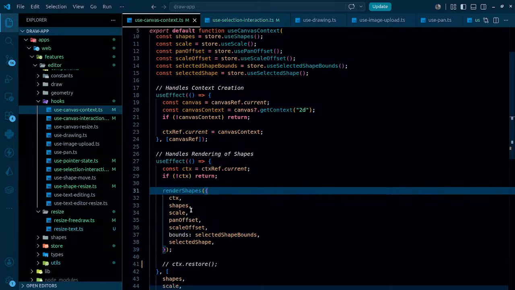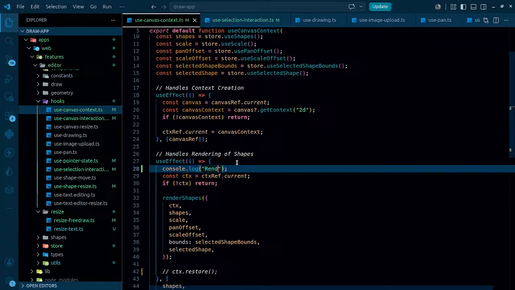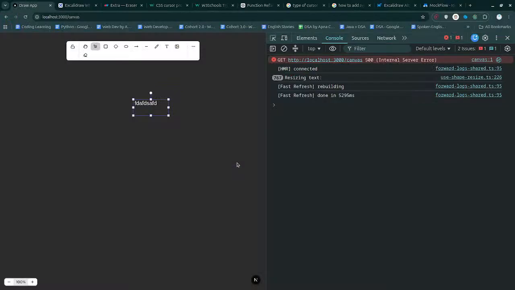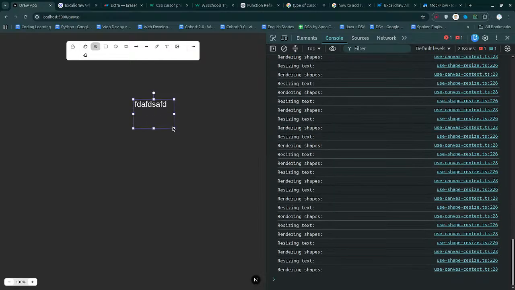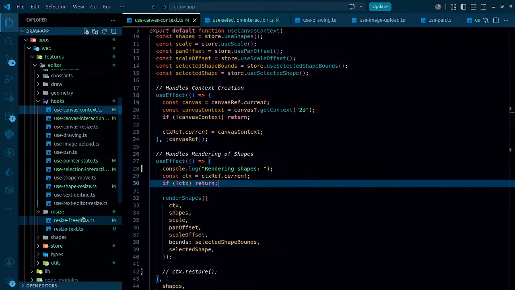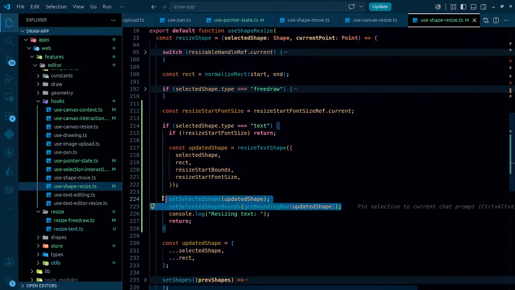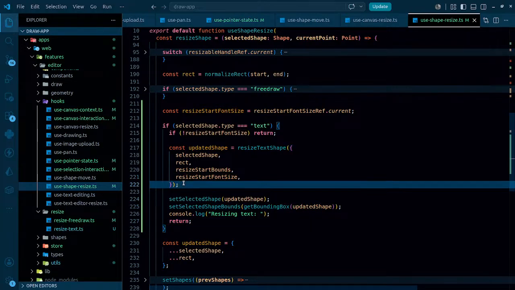Apart from this particular thing, we are just simply rendering, and as we are rendering, console.log rendering shapes. Let's see, we are rendering the shapes, aren't we? We are resizing the text, then we are rendering the shapes. Okay, one step back, shape resize. If that is actually getting triggered,